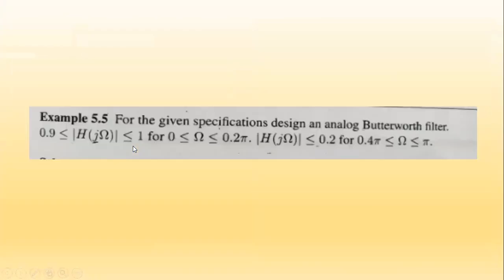So the solution of this problem statement is to design an analog Butterworth filter for the given specification over this interval. You should try to extract the information given in the problem statement. This is one major task which we observed while solving the problem. This is the very first lecture, and to maintain the link between the last lecture and this lecture, I hope everyone is understanding the things at home. You will have practice discussions, and during the practice